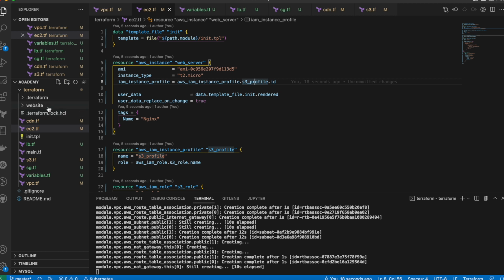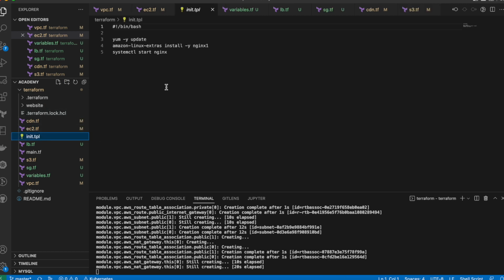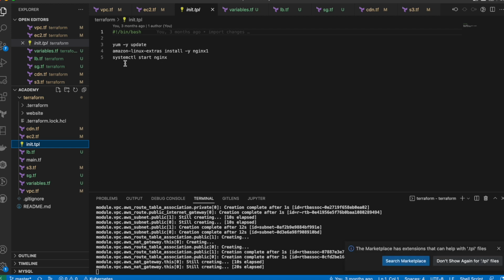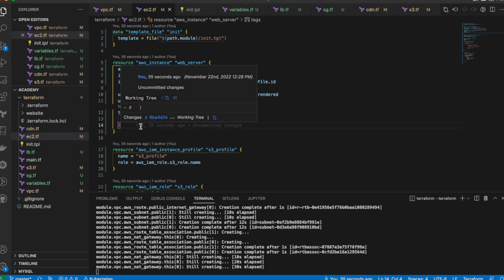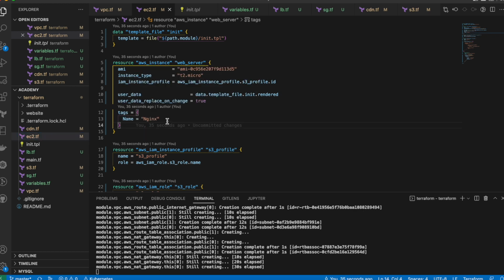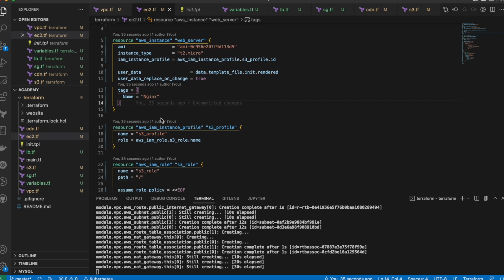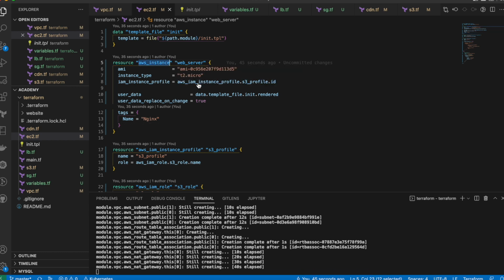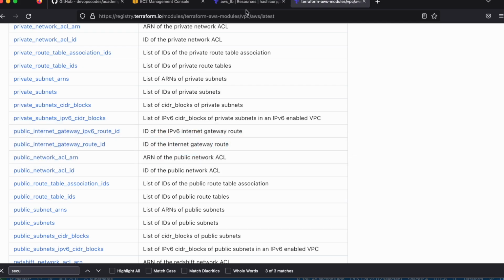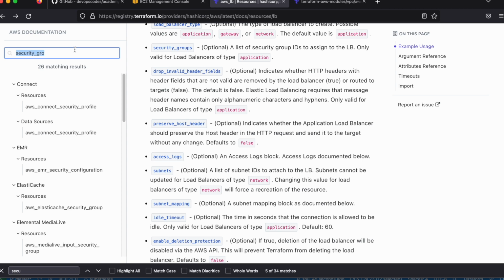And we have user data, which is installing Nginx. So by default, we didn't define any VPC configuration here. So let's try to